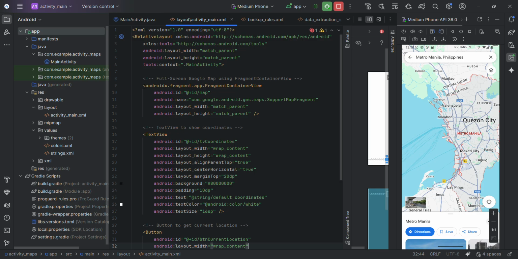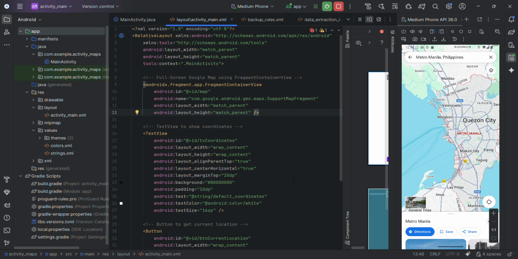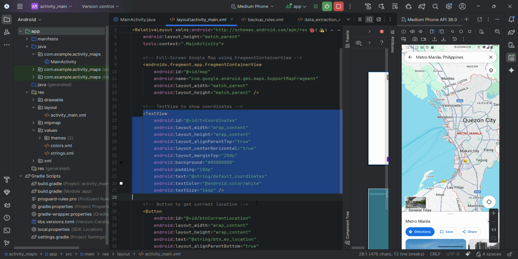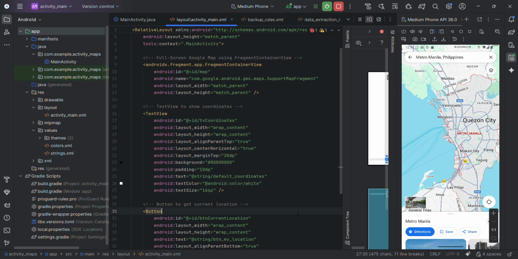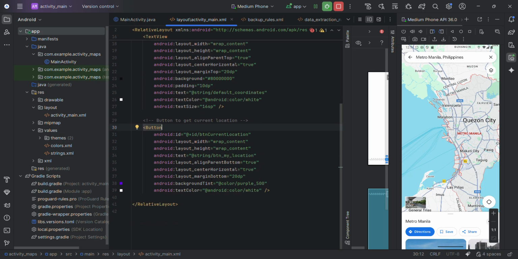Then there's a text view that shows the current coordinates, and a button labeled "My Location" that, when tapped, updates the user's current position on the map.